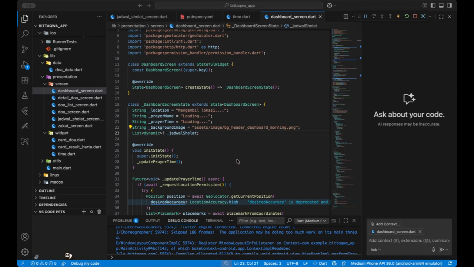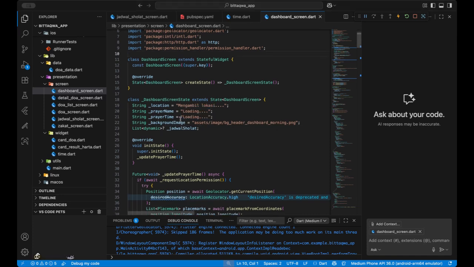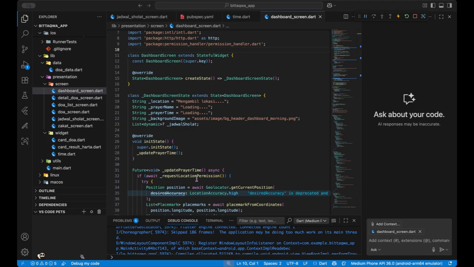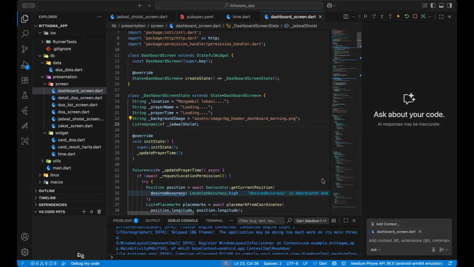String location is for getting our location, prayer name and prayer time are loading, and for the background image we put our asset of the background image, the header, the dashboard background based on time of day. And this is the jadwal salat, a dynamic list of prayer schedules fetched from GitHub. So we also use GitHub for setting the time of our prayer time.